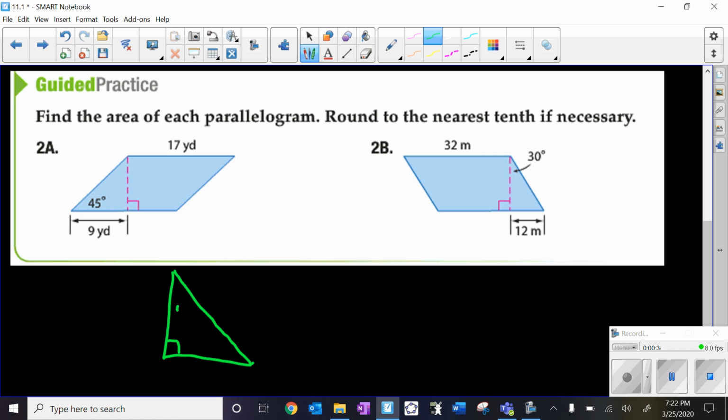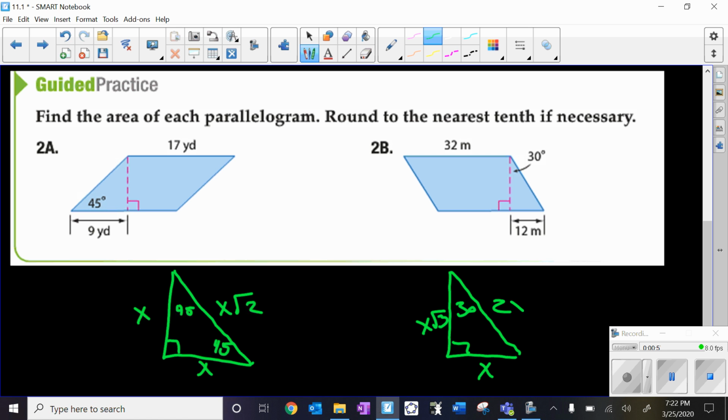So the first one, this is your 45, 45, 90 triangle. Remember where we had x square root of 2. And then 2B, you're actually going to need a 30, 60, 90 triangle as well. Up here, where you have x square root of 3, and 2x. I'm going to have to erase those so that way I can keep the pictures up here. But I would take a second to jot those down so you can hopefully follow along while we use these